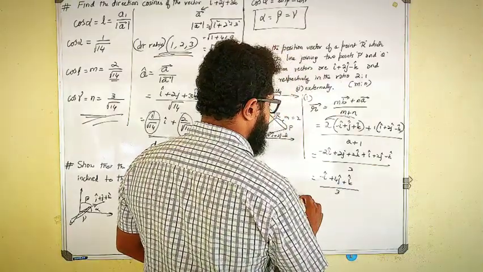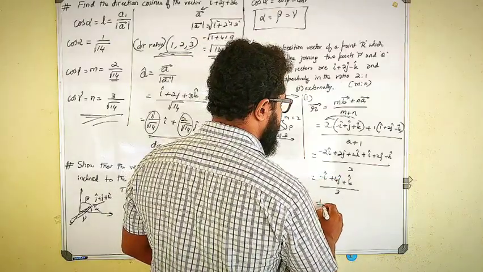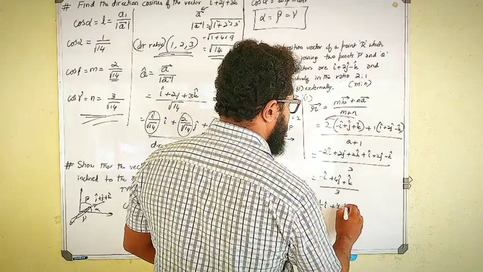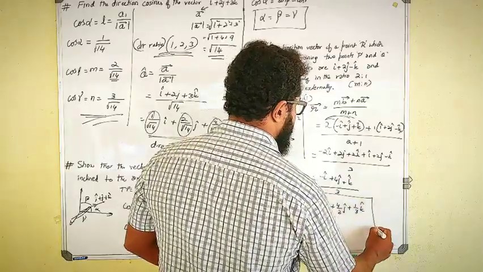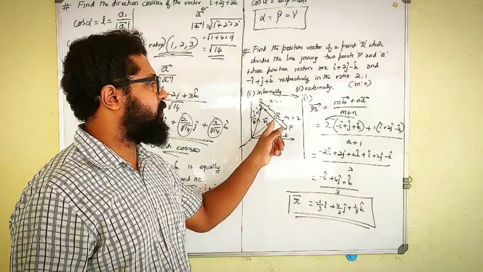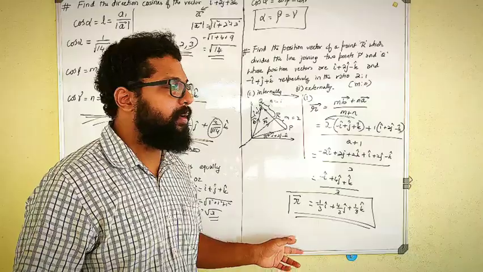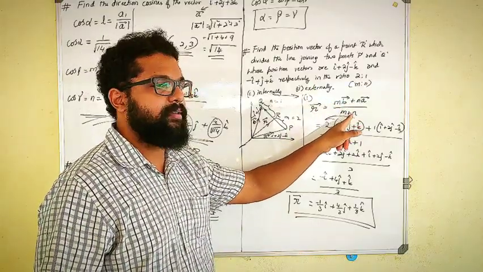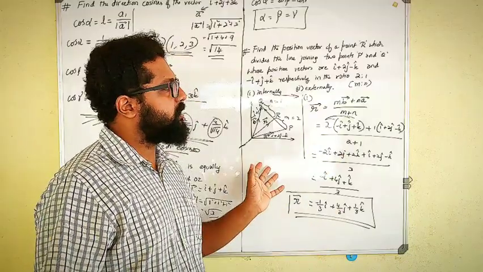So which means the r vector, dividing the denominator separately, is minus 1 by 3 i cap plus 4 by 3 j cap plus 1 by 3 k cap. This is my r vector, which divides the given vector in the ratio of 2:1 internally. This is for the internal division problem. I want you all to solve the external division problem just by changing the sign and finding out what that other vector is. Understand these types of problems clearly.